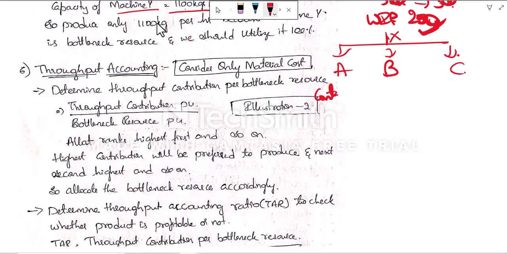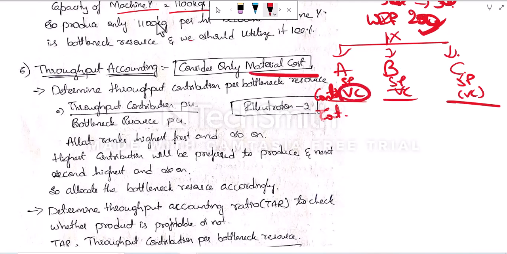So how will the contribution arrive? Selling price minus variable cost. All that we should do, and we will arrive at throughput contribution. And what is the variable cost here? It is the